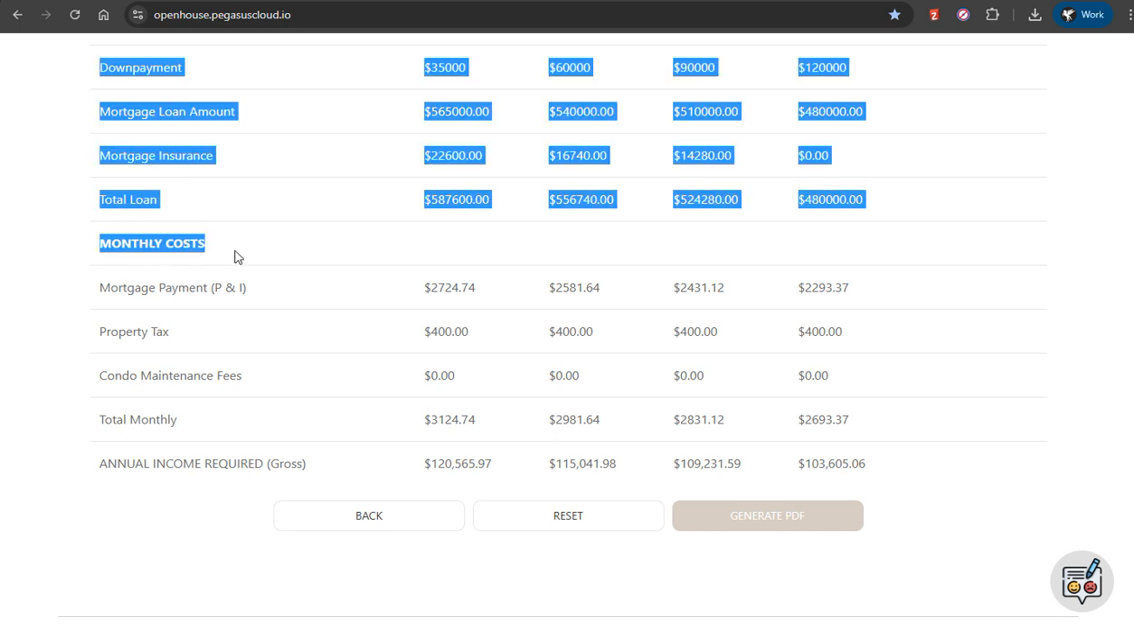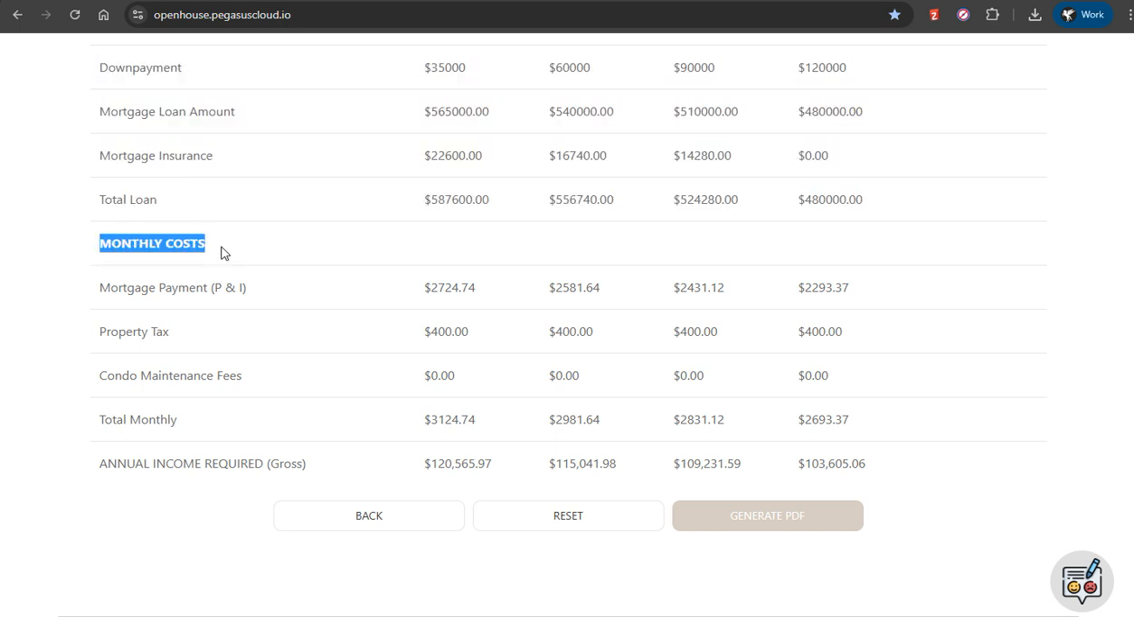Now here you'll see monthly costs. These are the costs associated with mortgage for different down payments. So it's easier for clients to compare and decide how much down payment do they want to go ahead with. The mortgage amount, principal, and interest with 5.86%. The lower down payment, the lowest down payment is gonna be